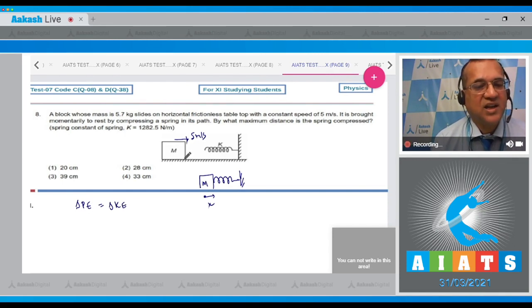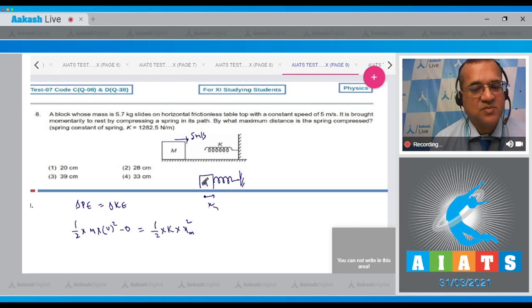Now how much kinetic energy is lost? 1 by 2 the mass of the block and velocity square. This is the kinetic energy loss. And what is the potential energy gain? 1 by 2 k into the maximum compression of the spring squared, when the velocity is 0. So we have to solve for the maximum compression. So xm, so half cancels with half, and that is equal to